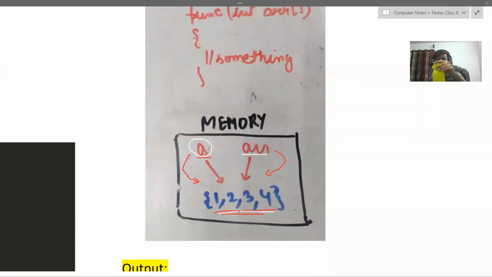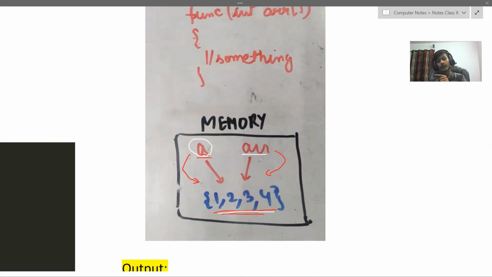अगर मैं इस बॉटल को यहाँ से लेके यहाँ रख दूं, मैंने फ्रेम से हटा दिया, तो तुम लोग देख पा रहे हो कि मैंने इस बॉटल को यहाँ से लेके यहाँ हटा दिया। सो ये चेंज हुआ, ये चेंज तो एक ही ऑब्जेक्ट के साथ हुआ ना, पर मैं भी वो चेंज देख रहा हूँ, तुम भी वो चेंज देख रहे हो। सो ये क्या है, एक ही ऑब्जेक्ट है बट दो रेफरेंस है, एक मैं देख सकते हो, तुम देख सकते हो। सेम चीज यहाँ पे हो रही है, ऑब्जेक्ट एक ही है, 1 2 3 4 एक ही बार क्रिएट हुआ है, पर वो ए को भी दिख रहा है एंड ARR को भी दिख रहा है।